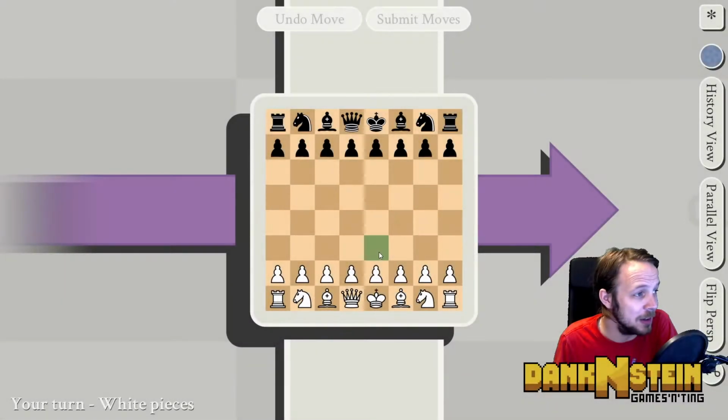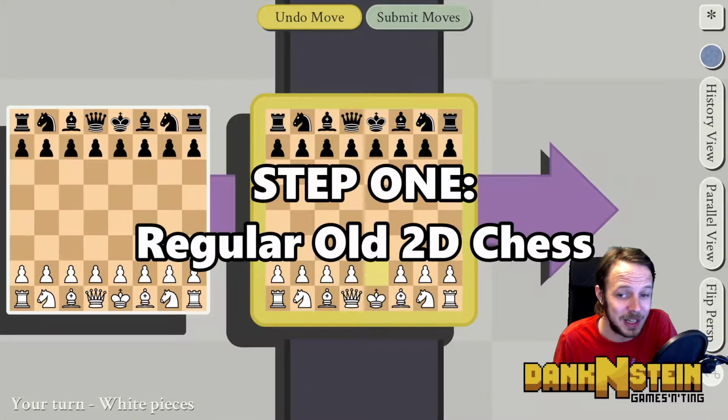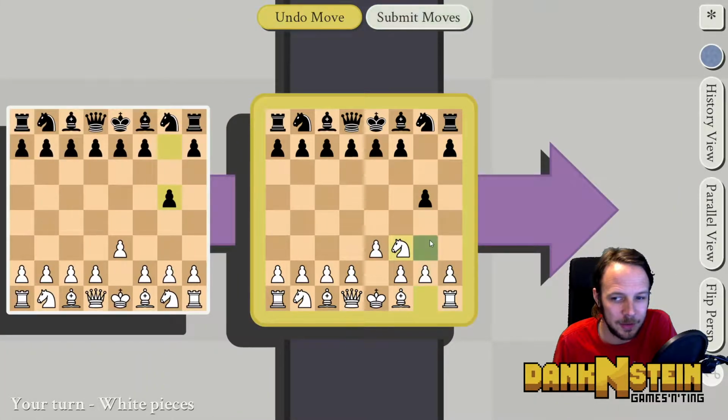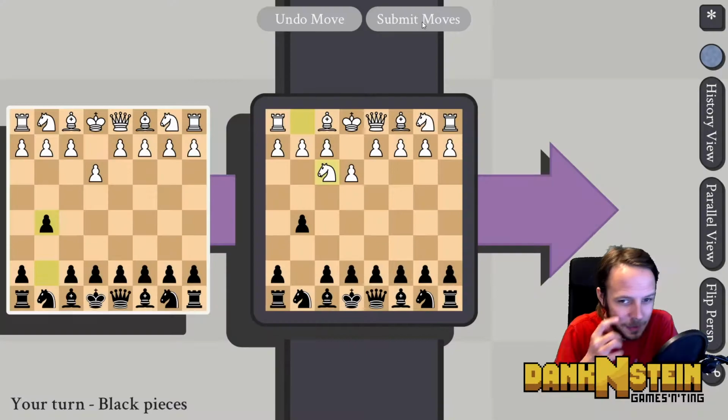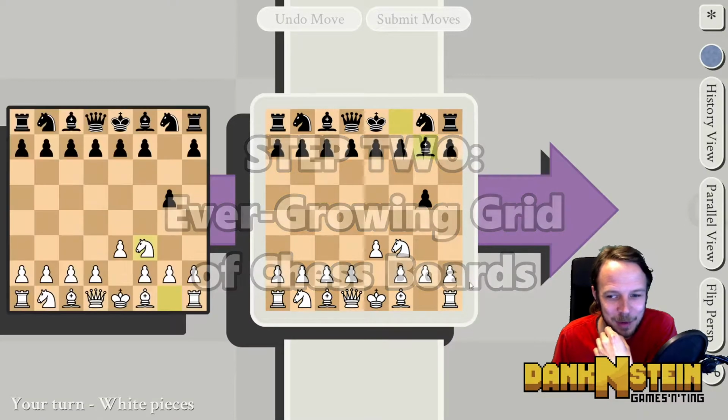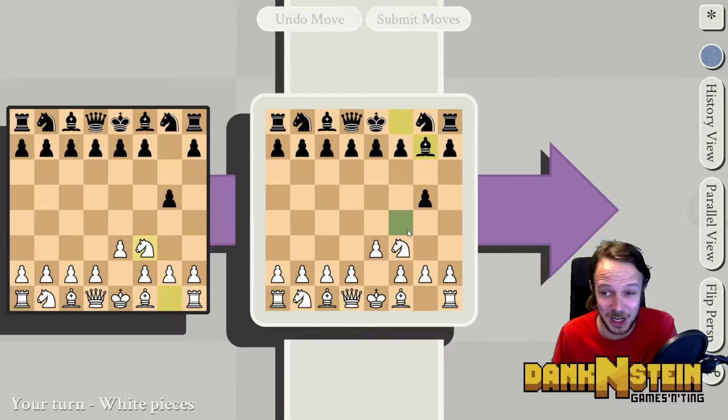So step 1, learn regular old 2D chess. You know, if you don't know how to move a knight out or develop a bishop, then learn that first. Step 2, understand that while regular chess is played on an 8x8 grid, like this board here, a chess board,